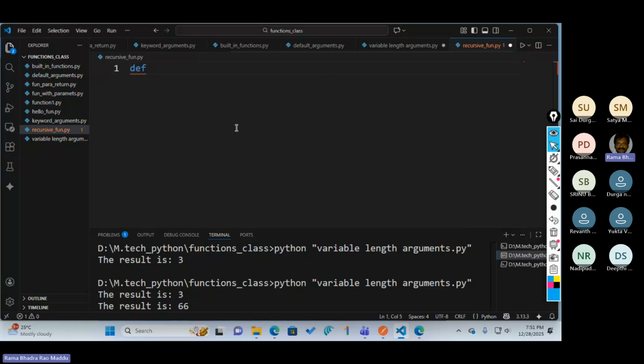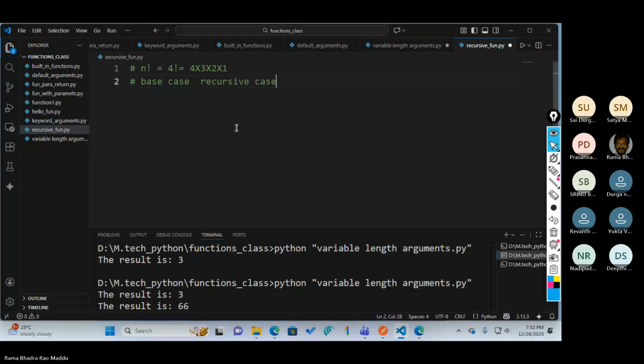For example, I'm taking factorial as an example. n factorial, for example 4 factorial, is equal to 4 into 3 into 2 into 1. So how is it calculated? How can we work with the recursive function? Every recursive function contains two parts. One is the base case and another one is the recursive case.